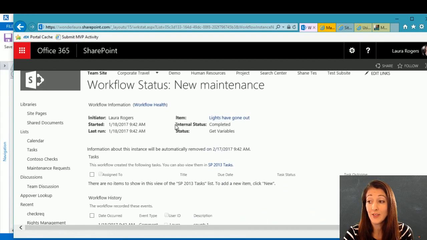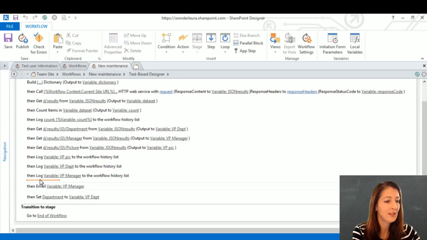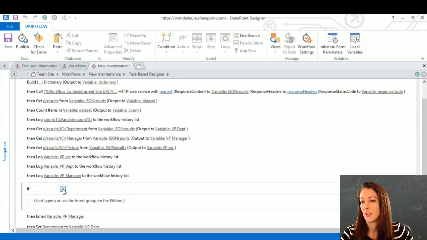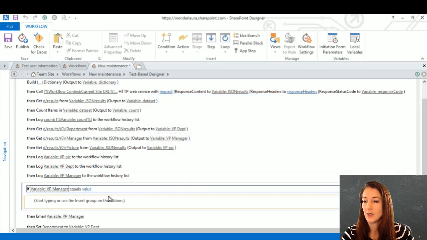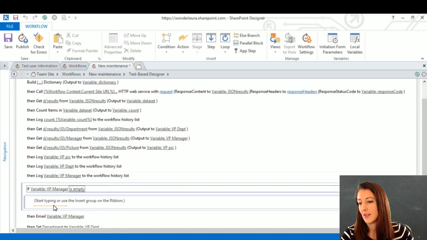It just didn't do anything, which is good, because you don't want it to all of a sudden error out because of some information about a user being missing. But no manager is going to get an email though. So you're probably going to want to accommodate for that. So what you can do in here is do what? An if statement, right? If workflow variable manager is empty, then